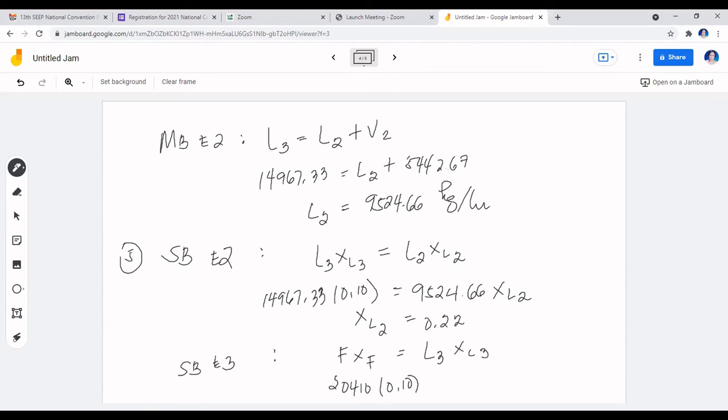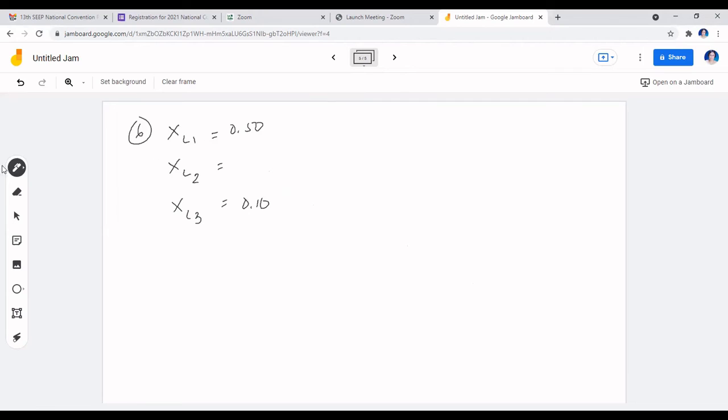And this is 10%. L3 is, what's the value? 14,967.33. And it's to be multiplied to XL3. So I can now go to this page and erase this first. So we'll have XL3 to be...